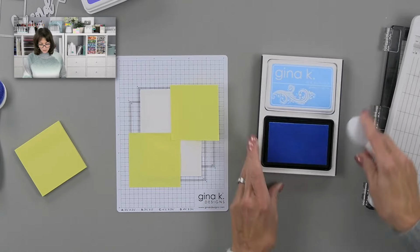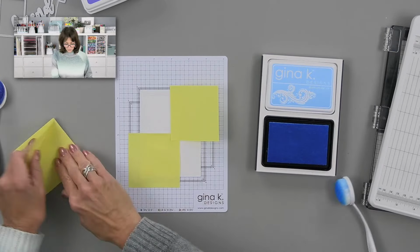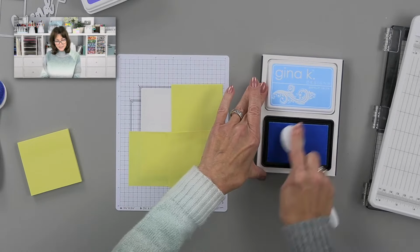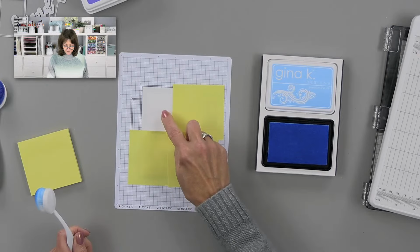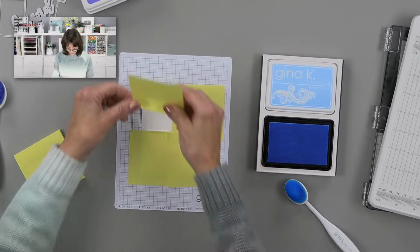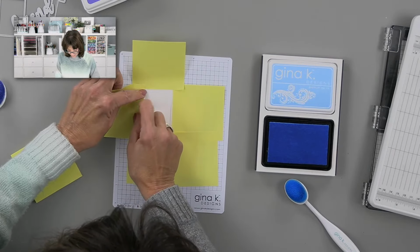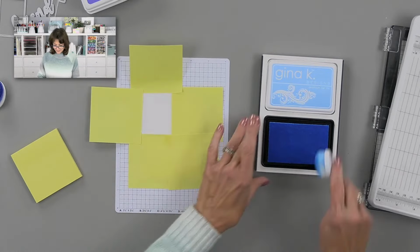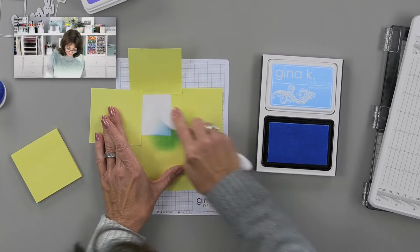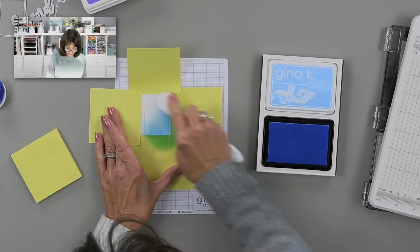All right, so we're going to start with some blue sky here. And I'm going to do one more because I really want to make sure that I stay away from down here in this corner. So I'm going to ink blend from the corner, and I'm going to fade up to nothingness, okay? And if you're worried that you didn't nail it right along the edge, you can always put a couple extra. We're kind of like isolating it like we're doing surgery, but that's fine. And then I'm going to go heavy. And I am going to go all the way up,